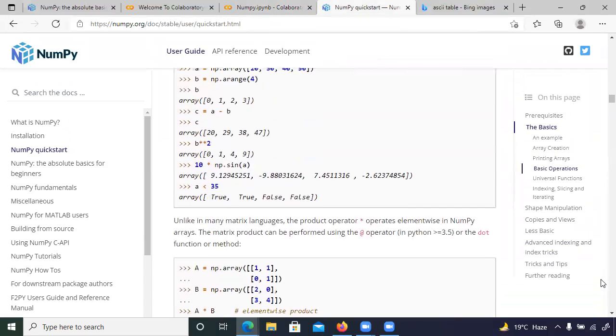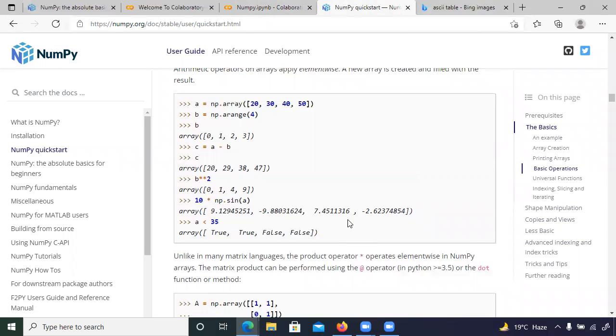Now suppose you want to perform a sine operation. Yesterday we have seen the sine function, right? Suppose you want to multiply 10 into np.sin of a, where a is the values in this range: 20, 30, 40, 50. How can you do it? Let's see that.